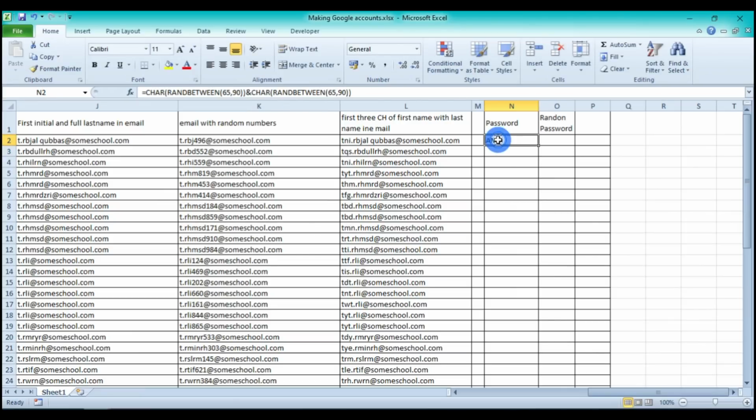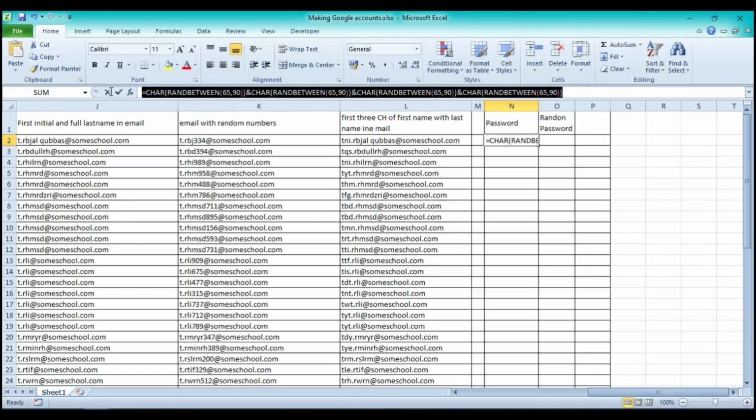So now I can copy this, and from the ampersand onwards, I can copy it for as long as I want, maybe just go for 4 of those characters. So that will give us randomly selected capital characters, 4 of them, and if this is how you want the passwords to be, you can just drag this down and copy this across,